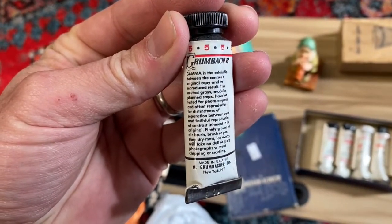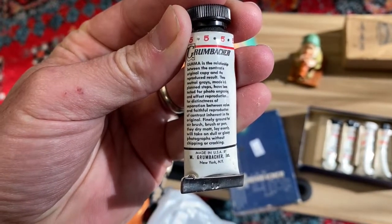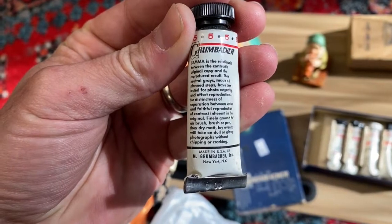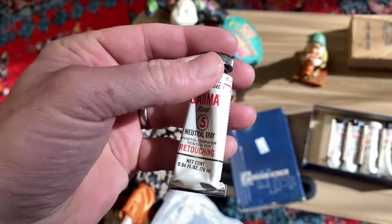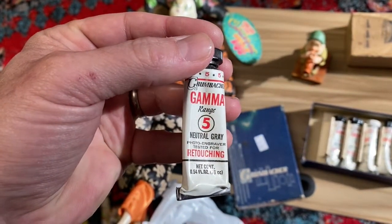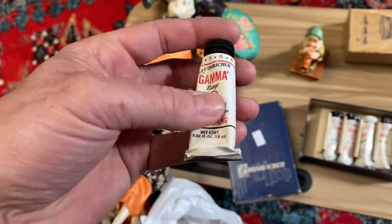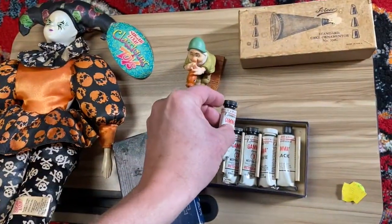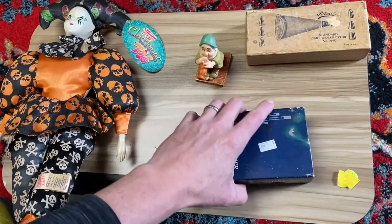And here, let's see, steps, photographs, lay evenly, will take on a dull or glossy photographs without chipping or cracking. Okay, so this is something that you can put on photographs. It's a touch-up photo engraver tested for retouching. Okay, interesting. So I'm going to look this up and see, but I think for $4,